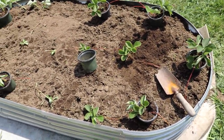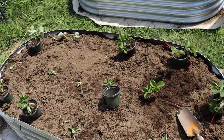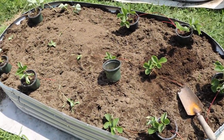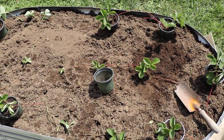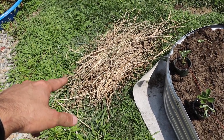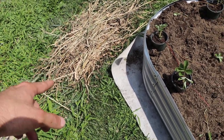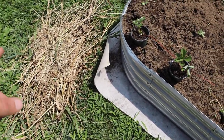patch easily. And this is runners. I've got probably 4 more pots over on the other side, and then there are more runners that I can capture. So I'm going to get these potted in, and then this is straw that I collected from the back field. It might not be enough. I might need to go grab some more out in the field, but I'm going to break that up,